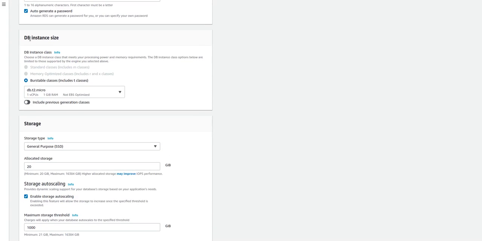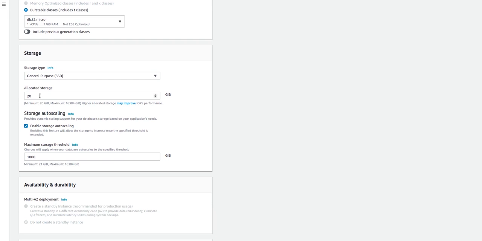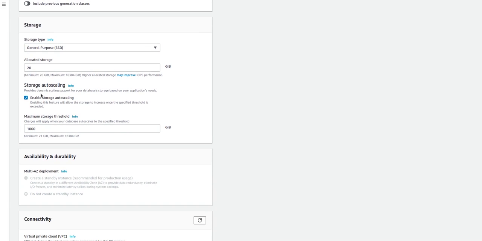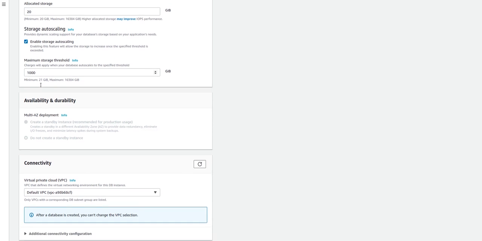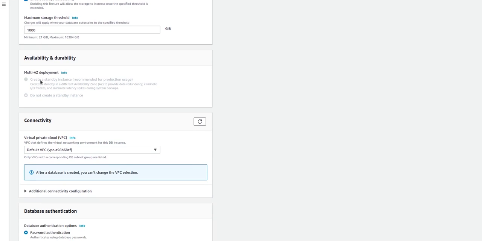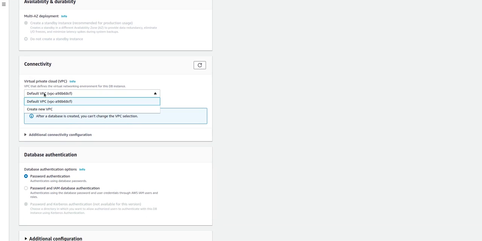And for DB instance size, I will keep it as T2 micro, and I will not choose the previous generation class. I will keep the value of storage type and allocated storage as default, and I will enable auto scaling for this database. I will not choose multi-AZ deployment for this database, and I will be creating my